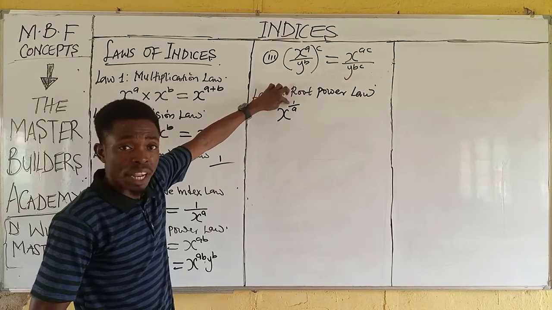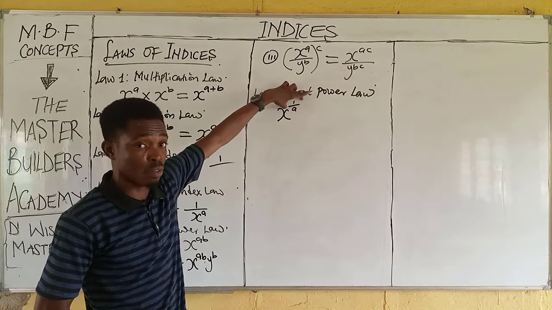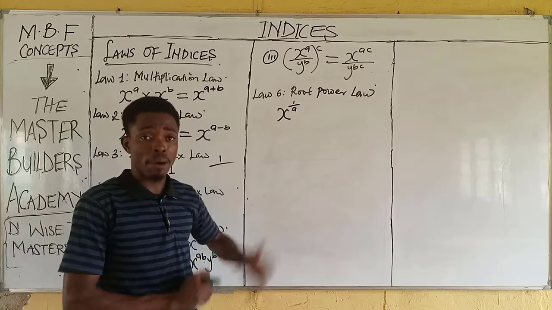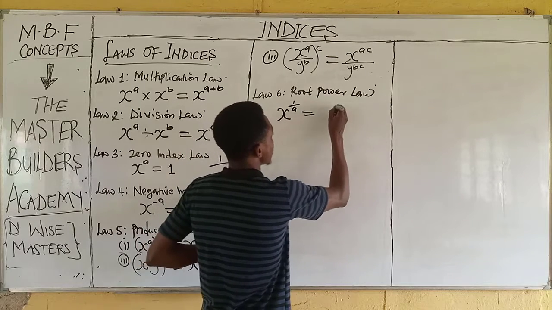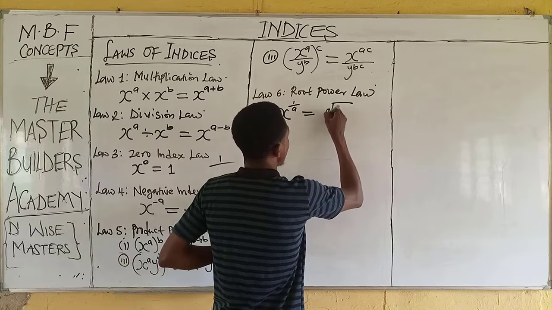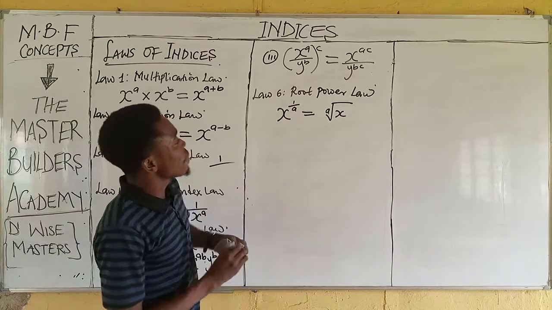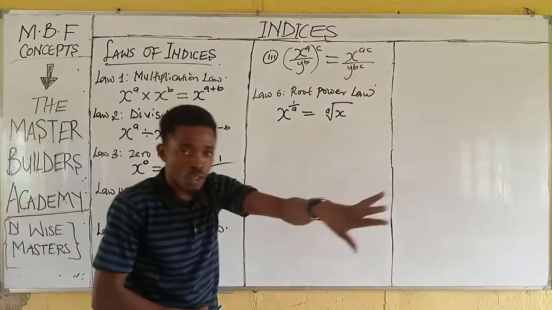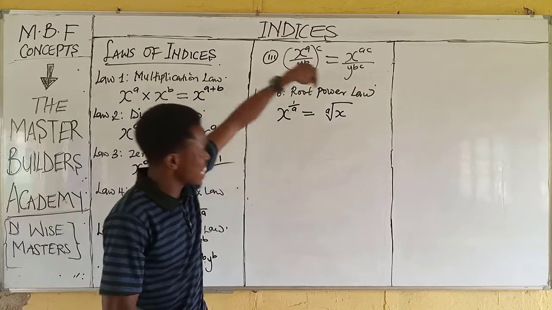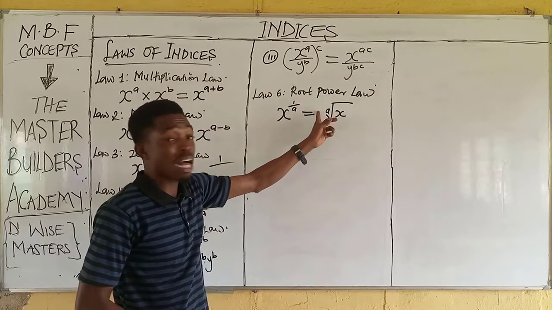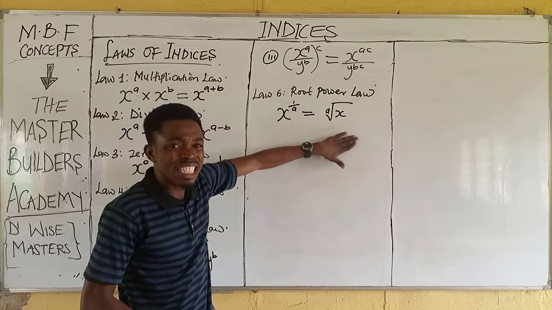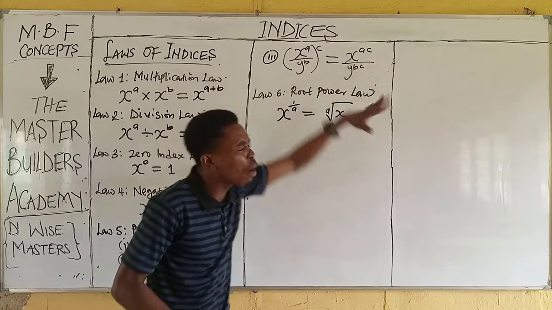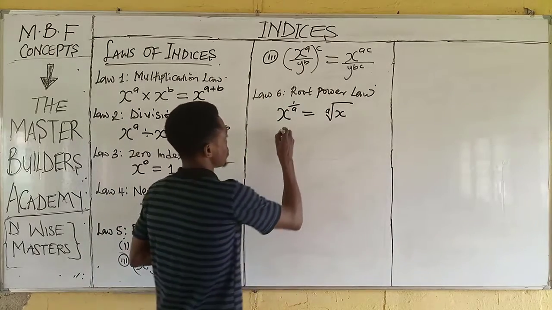Now, this numerator here, this looks like a fraction. The numerator here must be 1 for this law, where this law says that this is equivalent to the a-th root of s. So the denominator of this fraction becomes the nth root of the base. So the base is inside, while the denominator here is outside. So this is the nth roots law, or the root power law, where